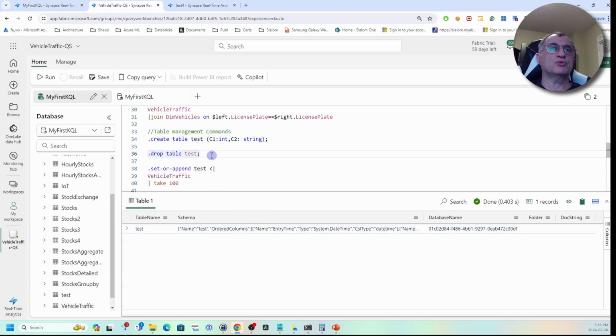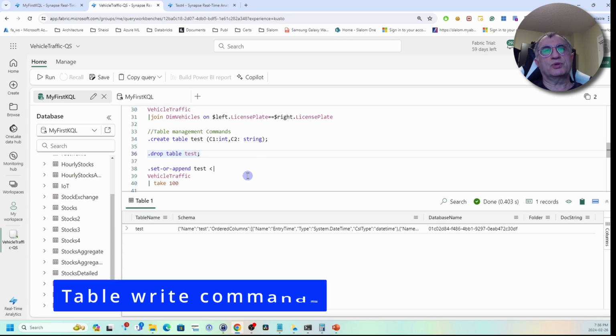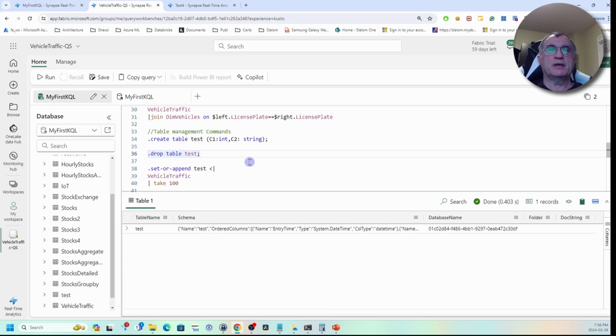Drop command allows you to drop the table. There are some commands that allow you to create table and populate it at the same time. So there are a number of set commands that have different variations. So this